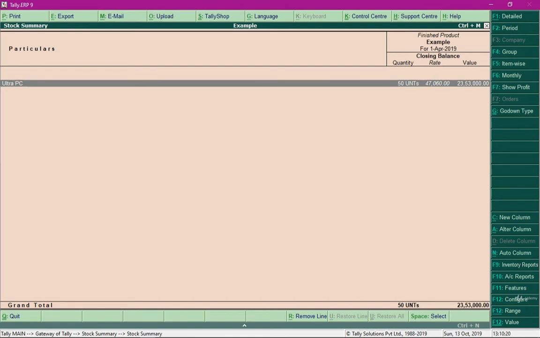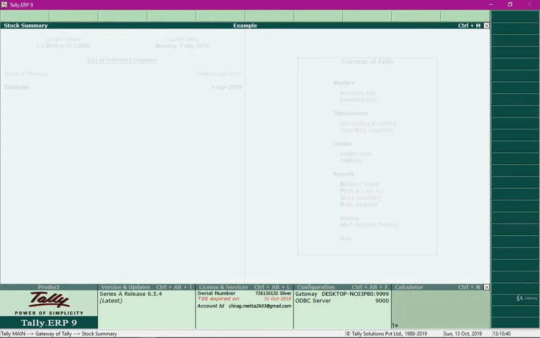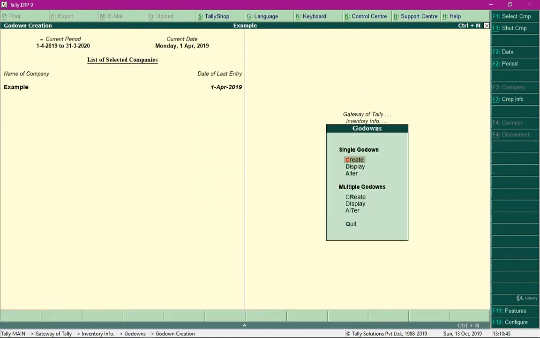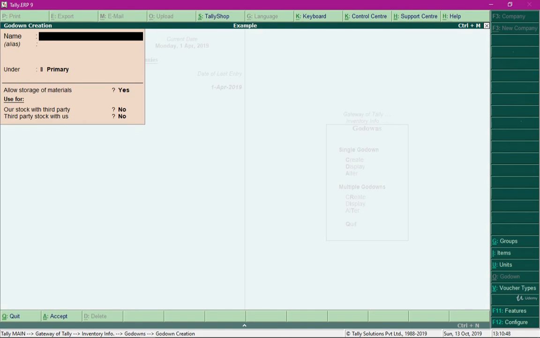We are now left with one more thing which I need to explain. We are also required to transfer finished product from our godown to our business locations. So how do we pass stock journal entries so that we can transfer goods from one location to another? In order to demonstrate that, I am required to create a godown called showroom, which would be in Sarojini Nagar. We have a showroom in Sarojini Nagar location.